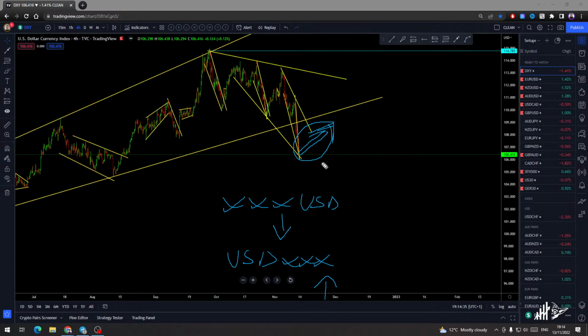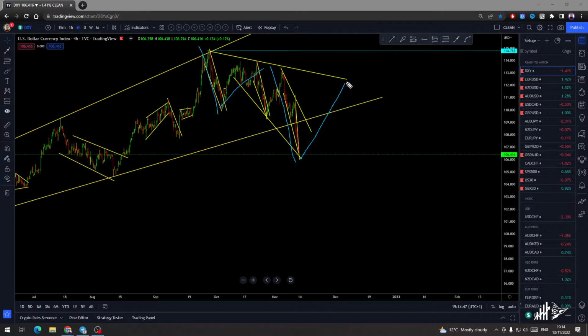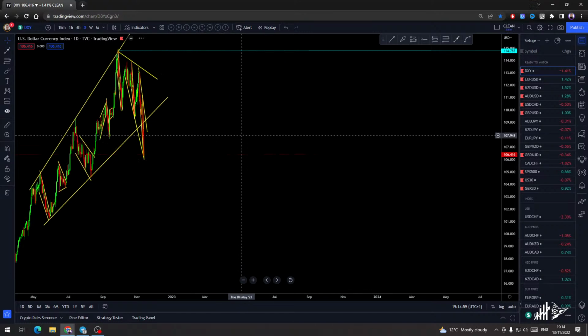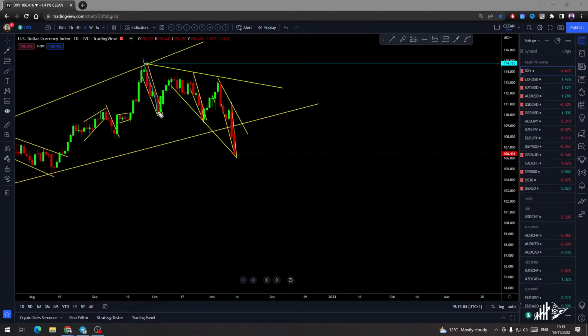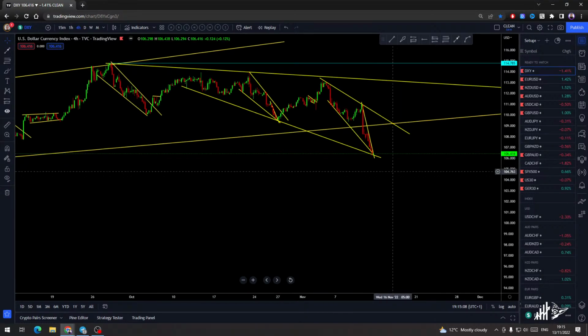I think DXY is now in wave 3 and going to wave 4. I'm watching this one as 1, 2 and 3 and we can go up. That's my view of how it stands right now. That's the third move. This is the second, this is the first. This is just one huge daily correction what I have seen over there. This is just 1, 2 and 3, just a big correction which has to go up. I really don't see more downside.